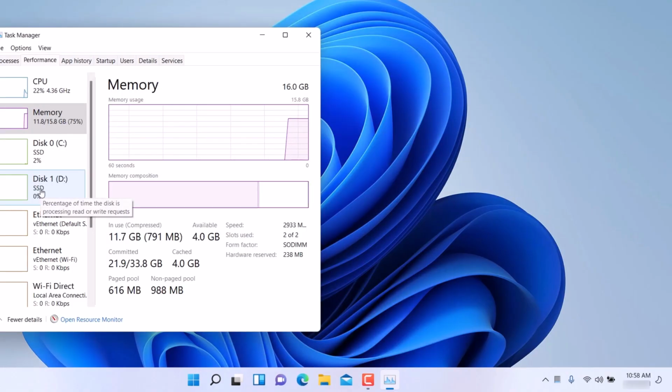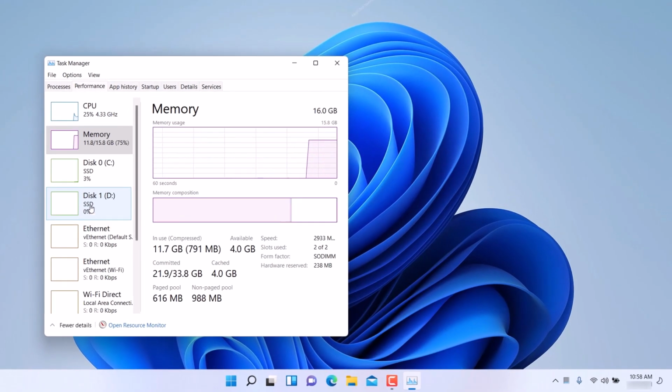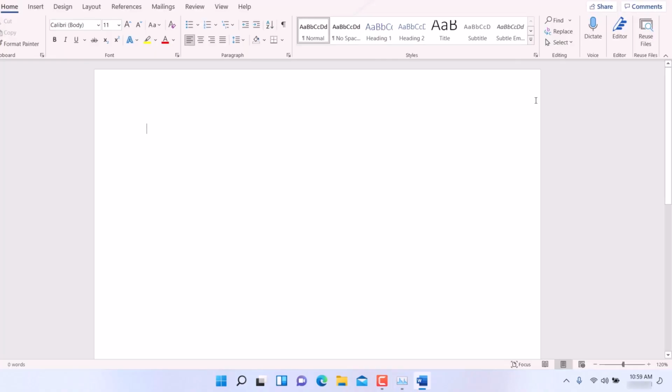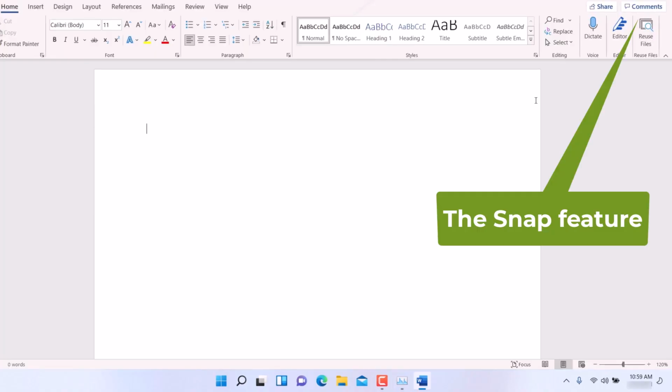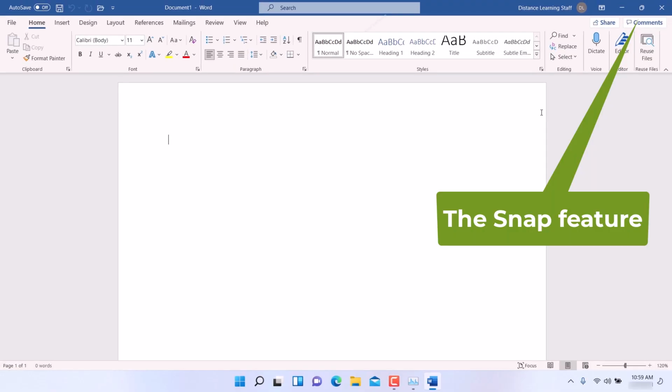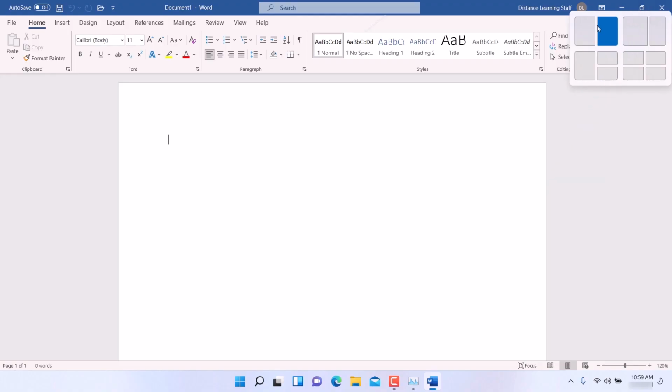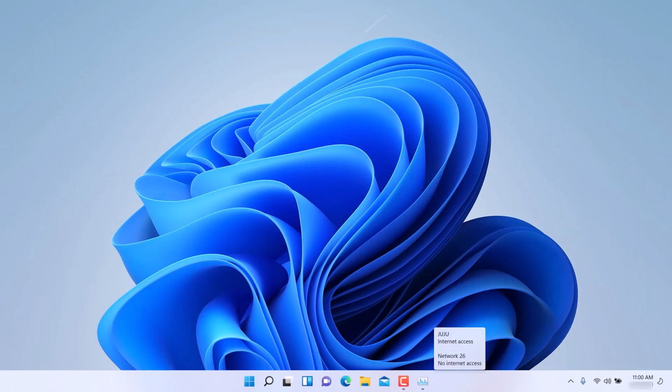There are also some behind-the-scenes features and enhancements to the operating system. With the emergence of the larger monitors and so on, now Windows allows you to resize a window by simply holding the mouse on the maximize button here for any of the applications, and you can choose a particular layout of your monitor. There are enhancements related to gaming. There is a gaming mode, also widgets. So if you click here on widgets,